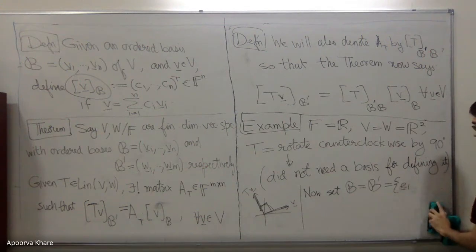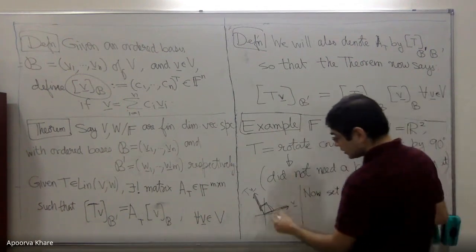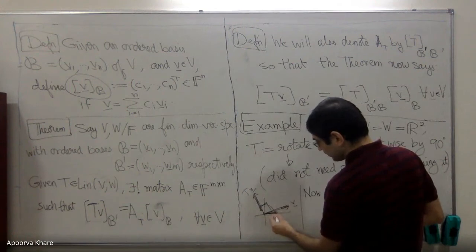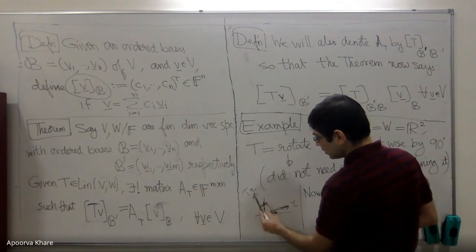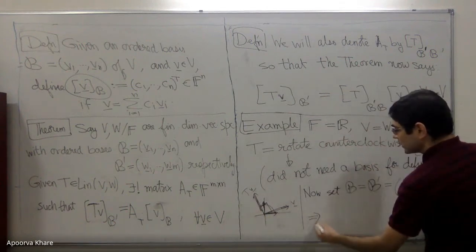E1, sorry, it's an ordered pair. E1, comma E2. Then what is the basis, right? So now you see E1 goes to what? E1 goes to E2, and E2 goes to minus E1. So you can check that AT,